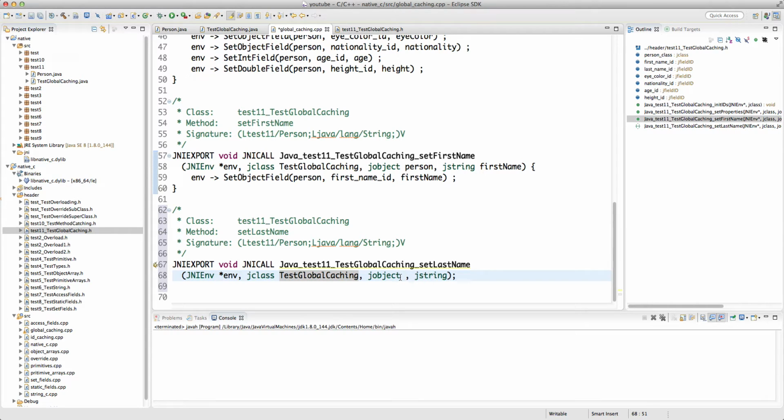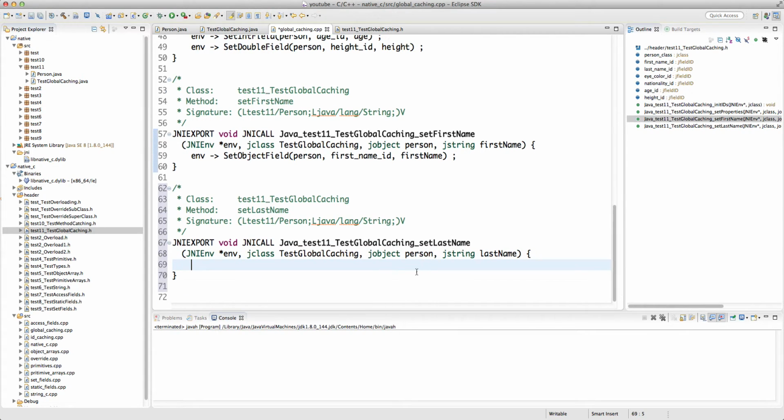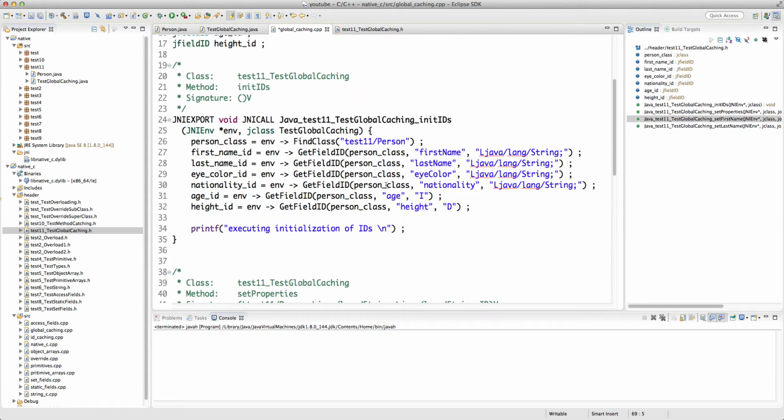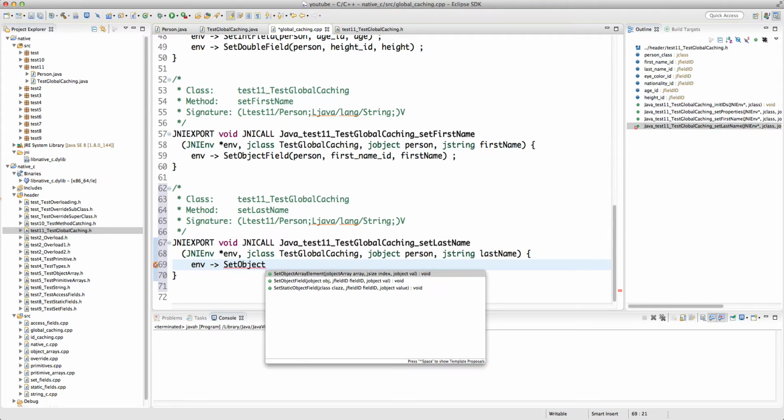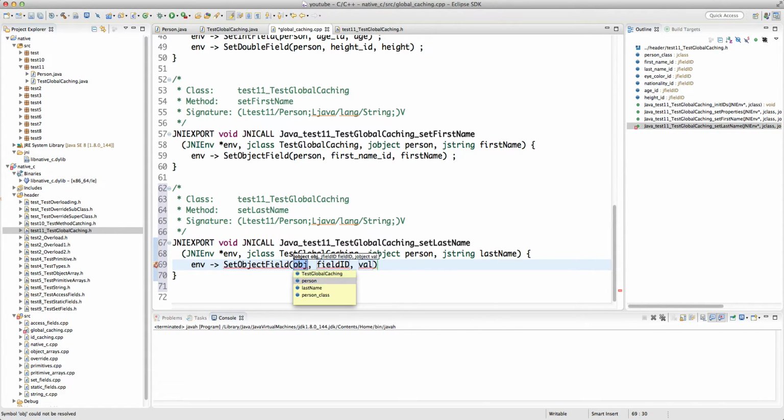And then jobject is the argument, person, jstring is last name. And very similar. Again, I don't need to worry about the jclass, jfieldIDs, this kind of stuff, because I already know that this function has been run and these are global variables. So the only thing that I say is environment set object field, and again the reference is person. We are setting the last name ID, the value is last name. Okay,